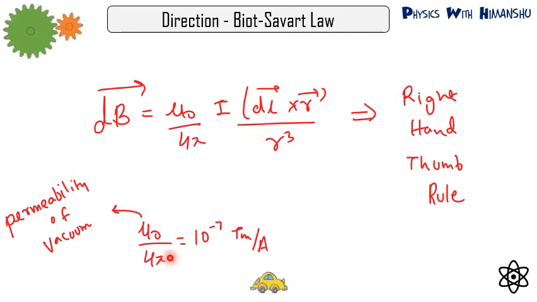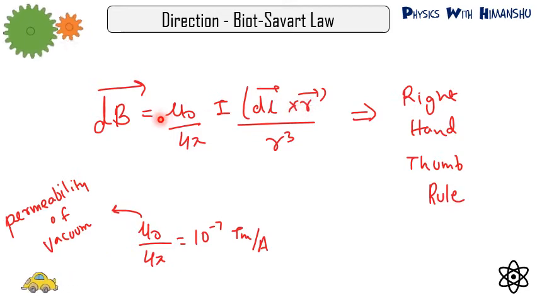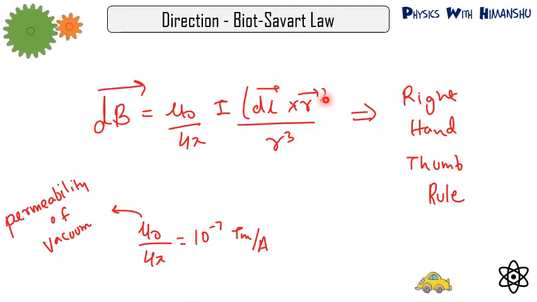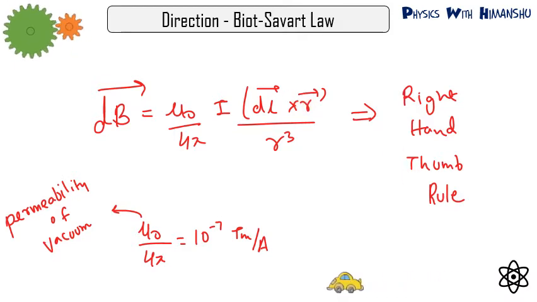power minus 7. Now, magnetic field is given by cross product of dl vector and r vector. So magnetic field will be a vector quantity, because by cross product of two vectors we'll again get a vector quantity, and direction will be given by right hand thumb rule. So you can put your fingers on length vector and curl it around the r vector and you will get direction from your thumb. But in physics we'll use vector algebra to find direction. I'll tell you how to do that in the upcoming numerical.